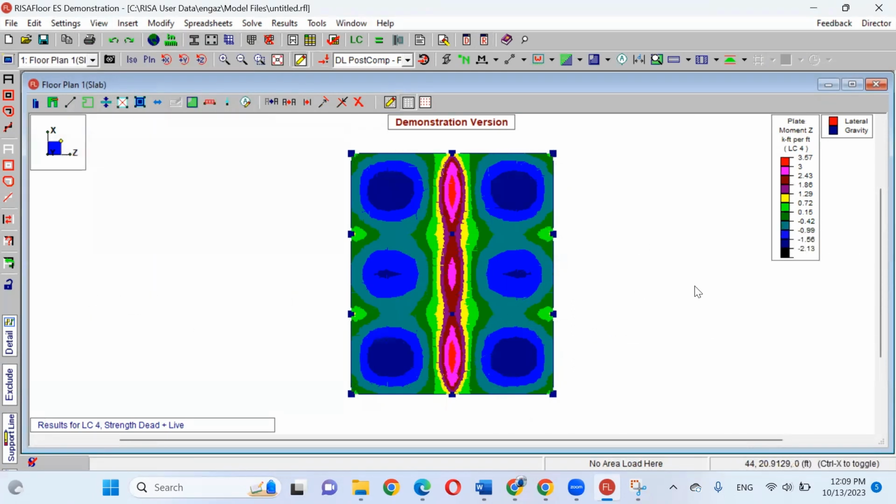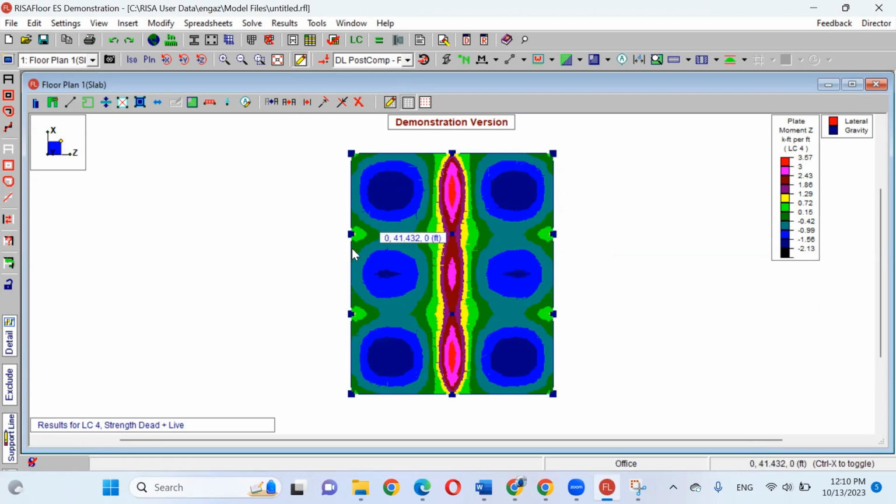If you would like to read these colors one more time, any point in this dark blue means your moment ranges between 1.56 and 2.13 kip-foot.